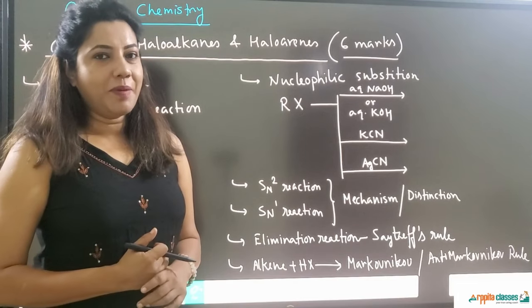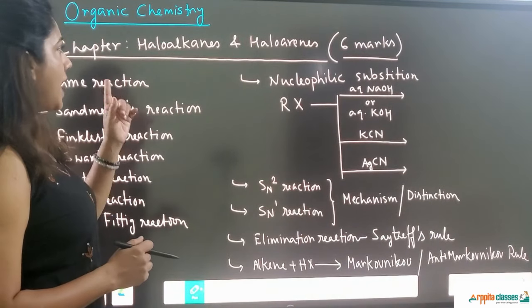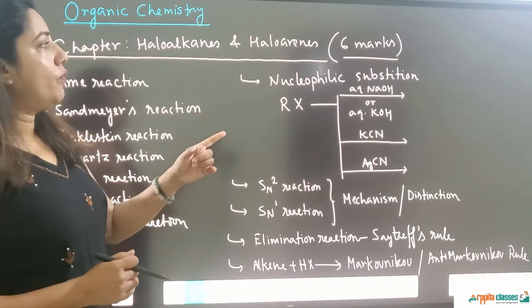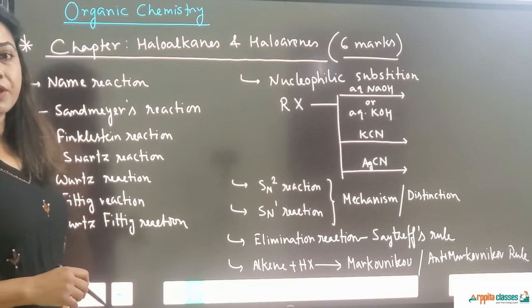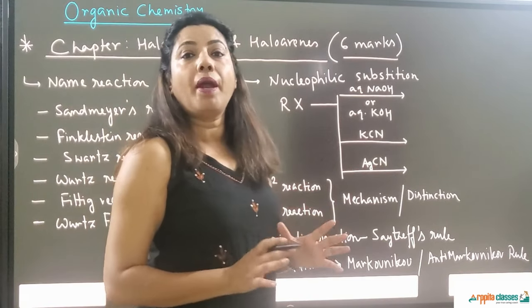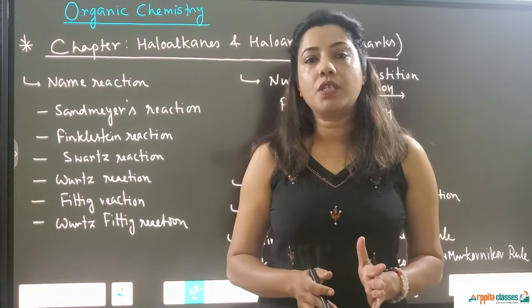So after inorganic chemistry, we come to organic chemistry. Now the first chapter in organic chemistry is haloalkanes and haloarenes, which has 6 marks. So there we have to prepare all the name reactions. I will suggest you prepare all the name reactions from all the chapters, because 80% of questions come from